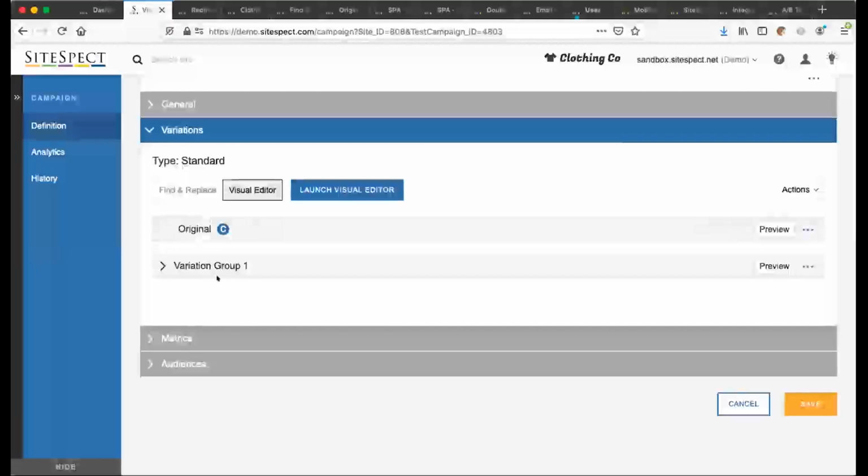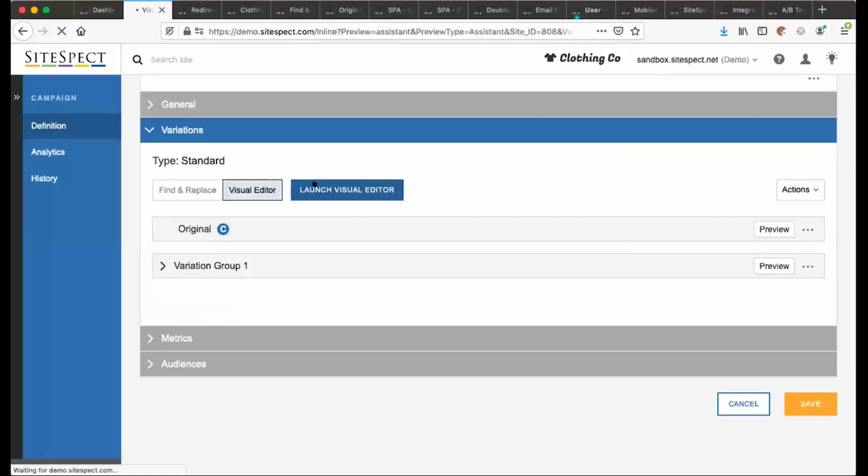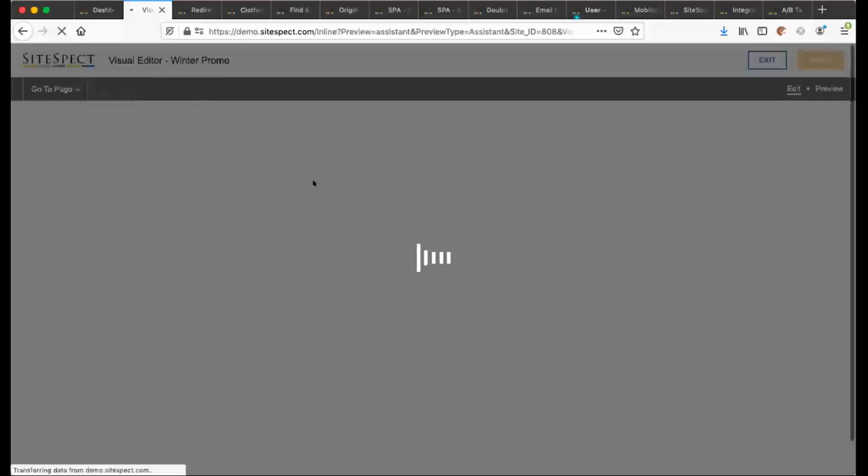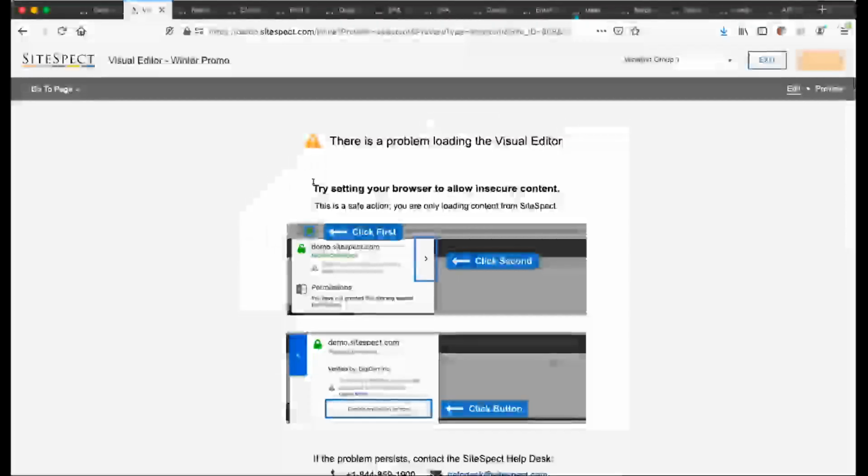Now in this particular example, we developed this using the visual editor, right? So this is for developing quick tests. You're using a visual editor, so you can kind of,